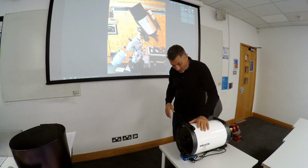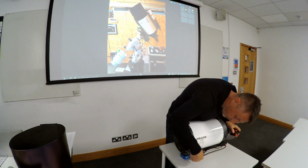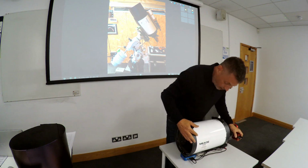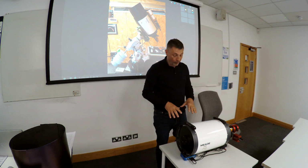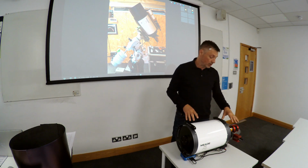So I started stripping it back a little bit. I took the cage off, and as you can see here, I've got my mini PC mounted there and the power box there. And that's improved things quite a bit. I actually took quite a lump of weight off. The problem is the